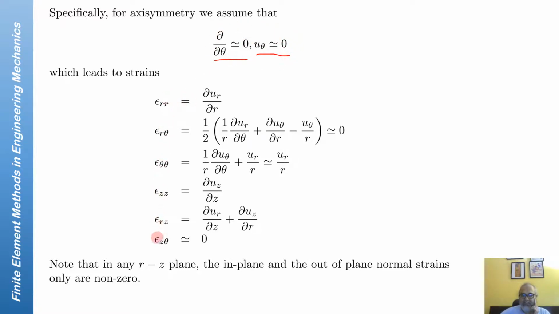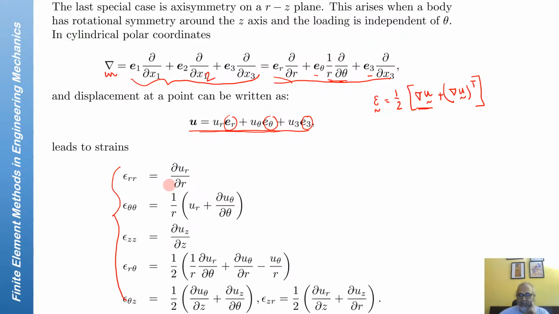So these are the strains. These were the strain displacement relationships. So this is 0, this is 0, this is 0, and u theta is also 0. So this is 0, this is 0, and this is 0 as well. So epsilon theta z is completely equal to 0. Epsilon zr is there, and then epsilon theta theta and epsilon r theta. Epsilon r theta is also completely equal to 0. Epsilon theta theta exists. So the 4 components of strain that survive are epsilon rr, epsilon zz, epsilon rz, and